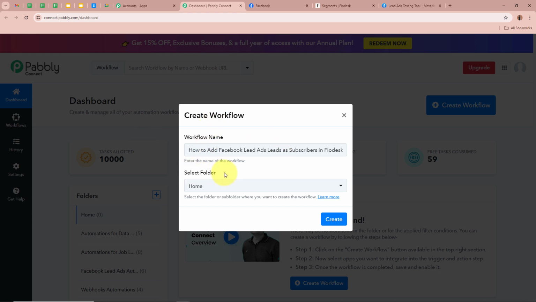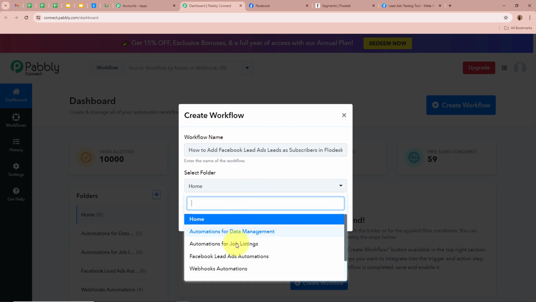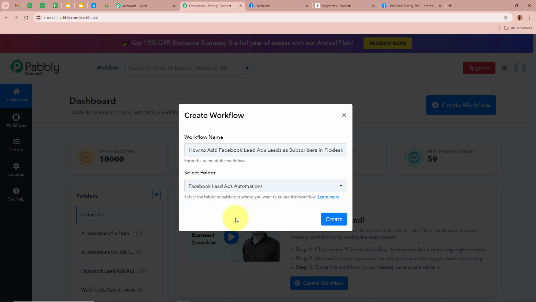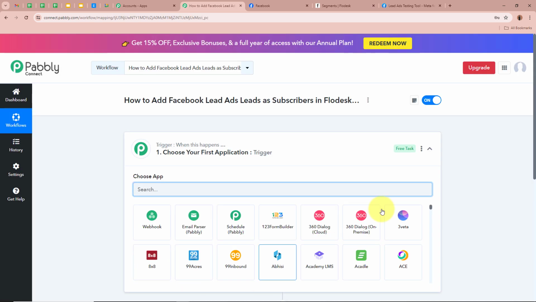Next, it is asking for us to select a folder. So on the left side of my screen, you can see I've created multiple folders in my Pabbly Connect account, from which I'm going to select a specific folder in which I want to save this workflow. For that, click on this arrow. So these are the folders from which I'm going to select Facebook lead ads automations as the folder I want to save this workflow in. After giving a name to a workflow and selecting the folder, let's click on Create in order to create a workflow. A workflow is created in the name of How to add Facebook lead ads leads as subscribers in Flodesk under different segments,